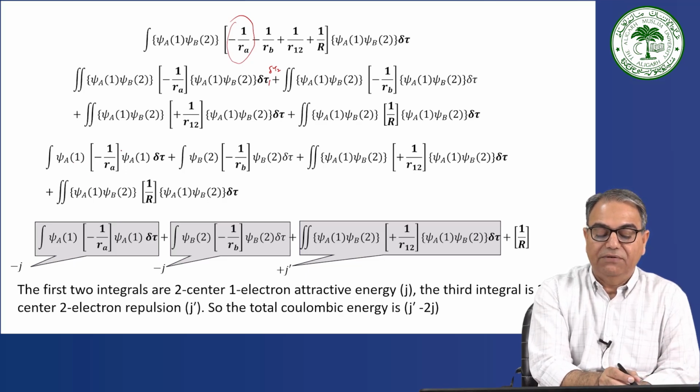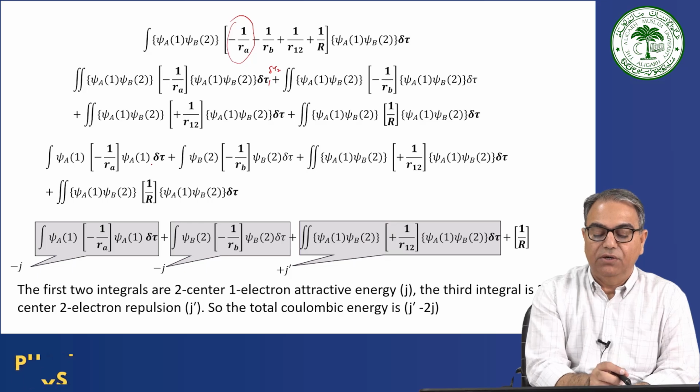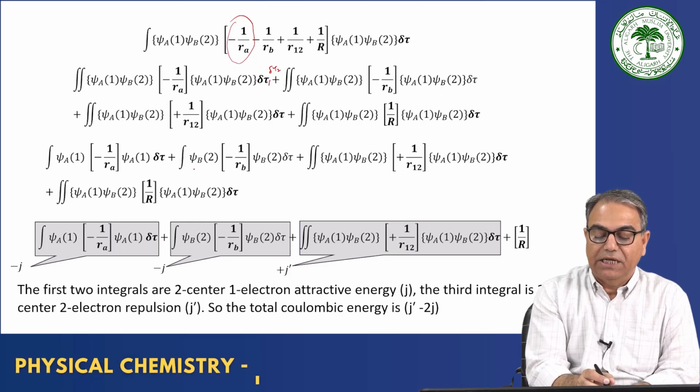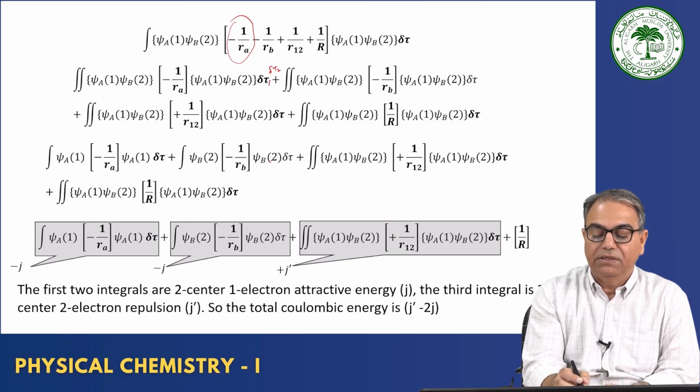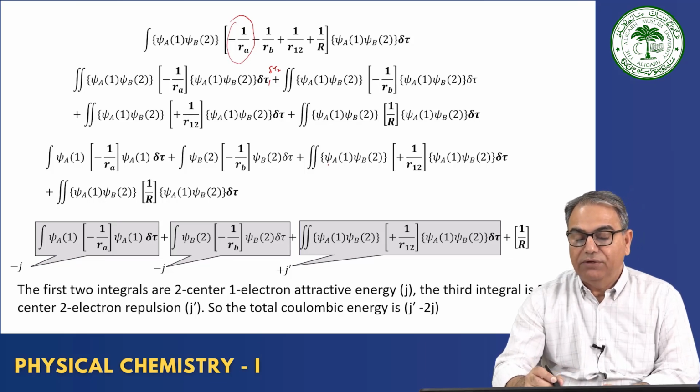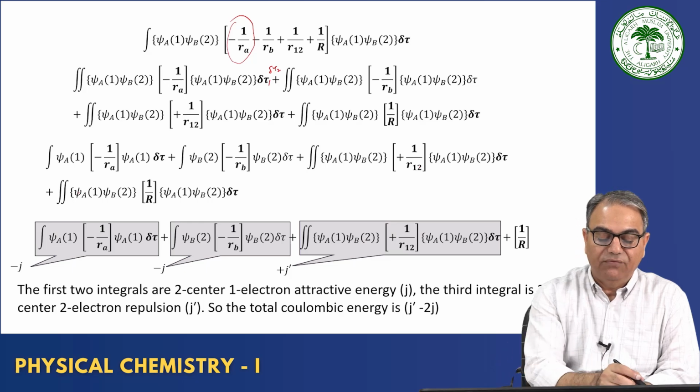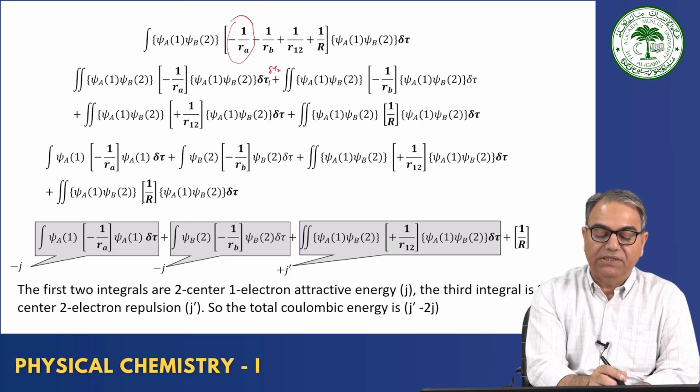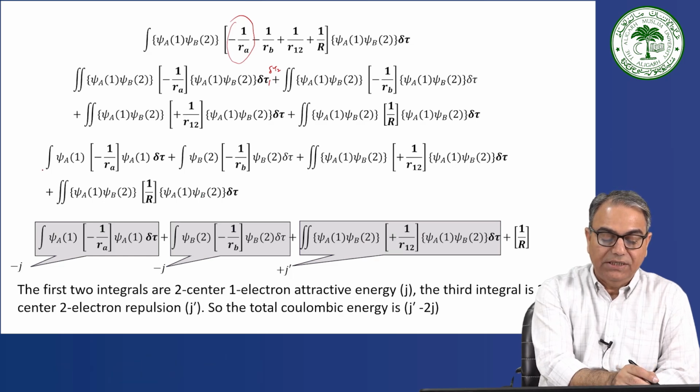And now it will be psi a1 minus 1 by ra psi a1 d tau. This term also will be psi b2 minus 1 by rb psi b2 d tau. And now r12 will have both the functions, psi a1 psi b2. So for r12, and for this 1 by r, the internuclear separation, both functions will be there, psi a1 psi b2. Okay. If you look at the first integral here,